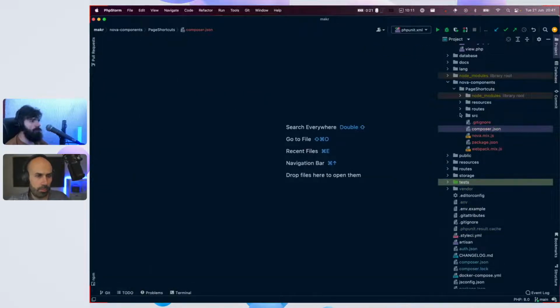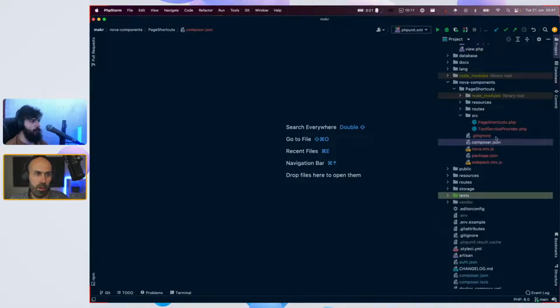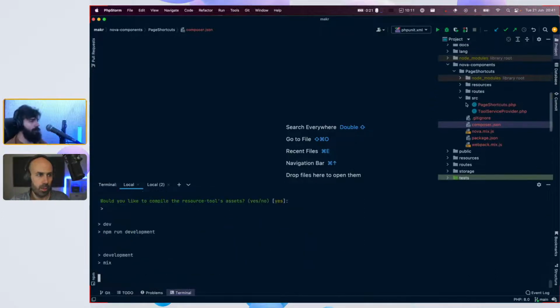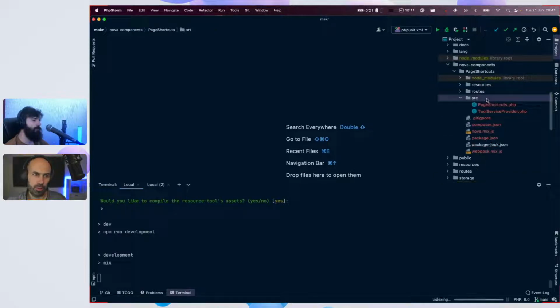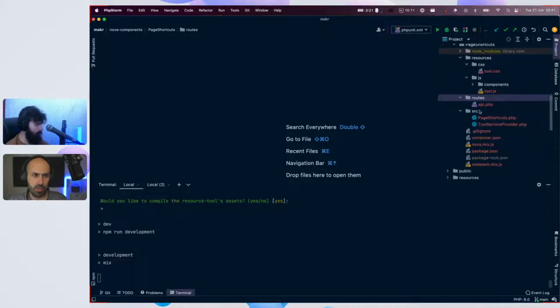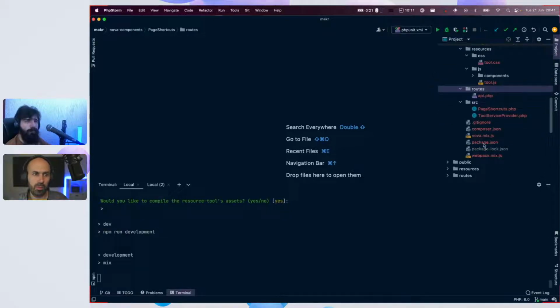And that's it. We now have a PHP package in the project. Not only that, we have our source, we have routes, but also resources with its own CSS and JavaScript with its own build package and build file.